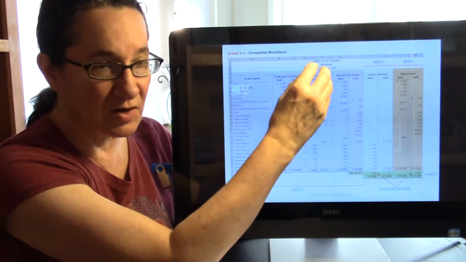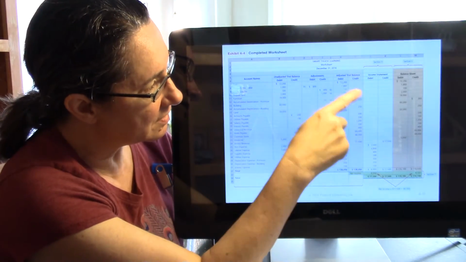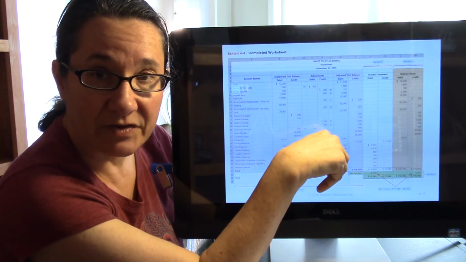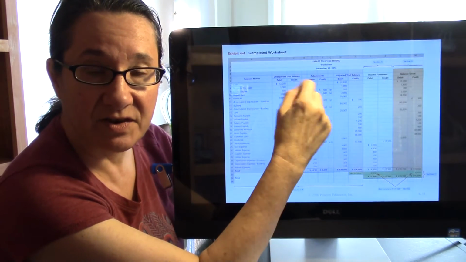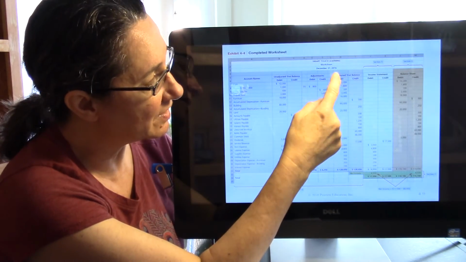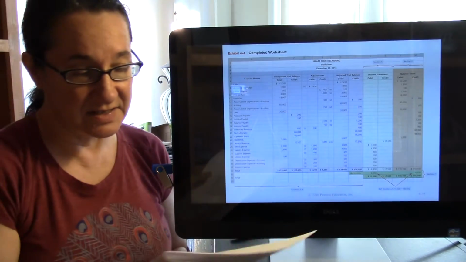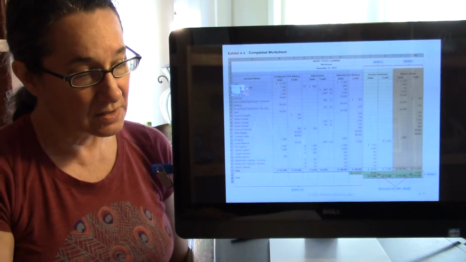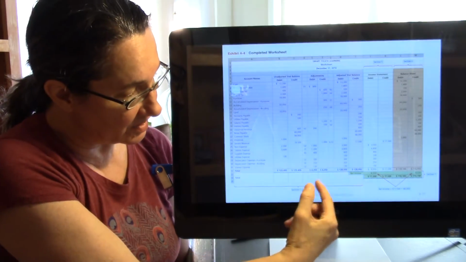So we've put those in their proper debit and credit columns. Then we moved the new balance over to the adjusted trial balance column. So cash is never going to have an adjusting entry, so you just move that over to the assets part of the adjustment, and so everything gets moved over. If it has an adjustment, you need to either add or subtract and get your new balance and put it in the proper column. So once you've got your adjusted trial balance all filled out and you know that you balance,